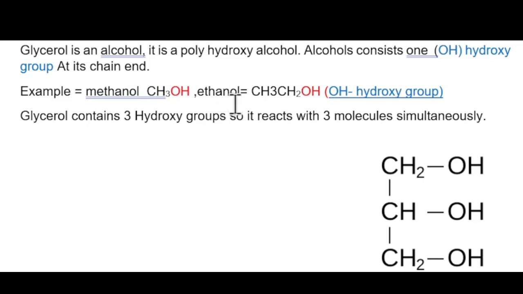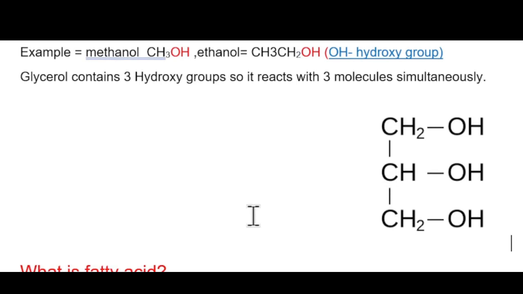Like that, ethanol or ethyl alcohol also contains only one OH group. This is CH3, CH2, and OH. Such alcohols which contain only one OH at their chain end are known as monohydroxy alcohols. And what about glycerol? Glycerol is a polyhydroxy alcohol. Why? Because